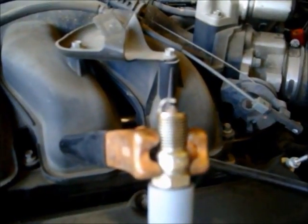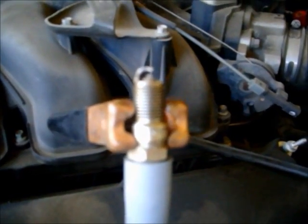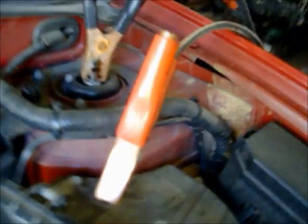But I took the old spark plug that came out of it yesterday. This is the spark plug that came out of it, and I cleaned it up on the wire wheel, checked the gap, 54 thousandths gap, and it won't fire unless it's grounded. So I just used jumper cables. You can see the jumper cables, the positive side of the jumper cables aren't doing anything,